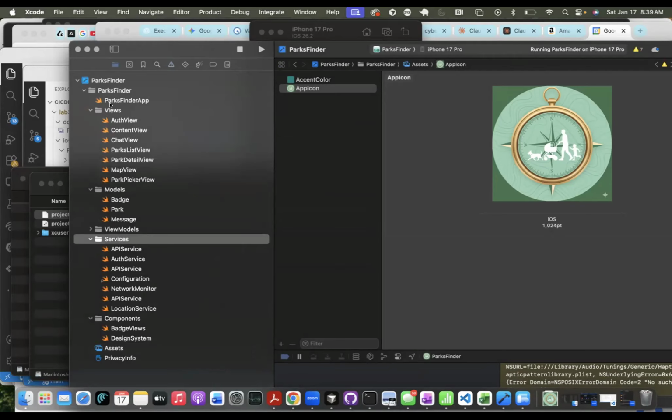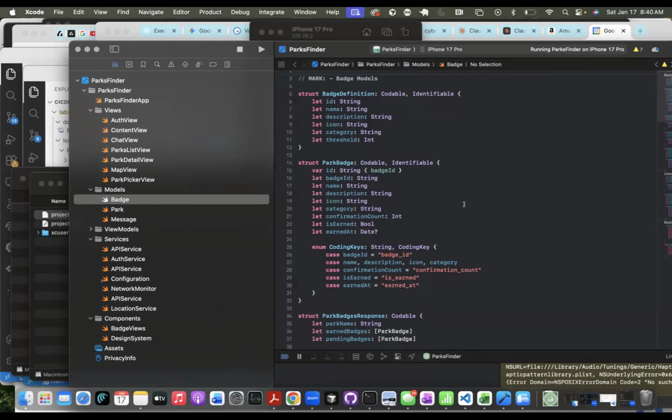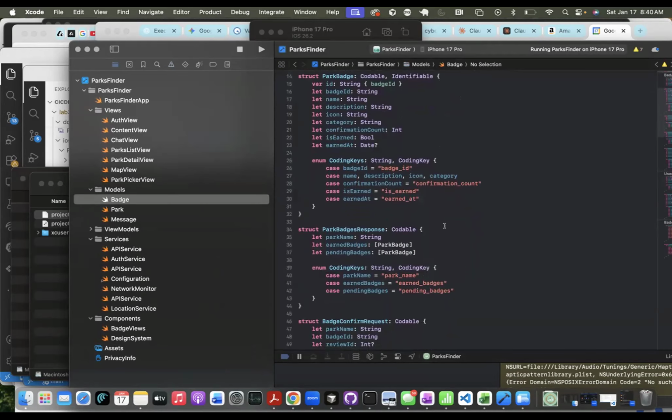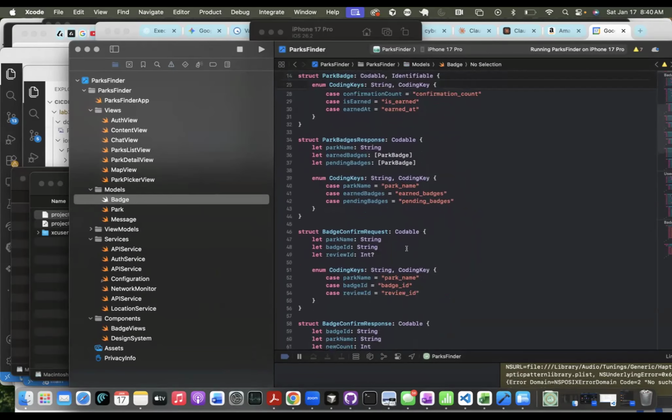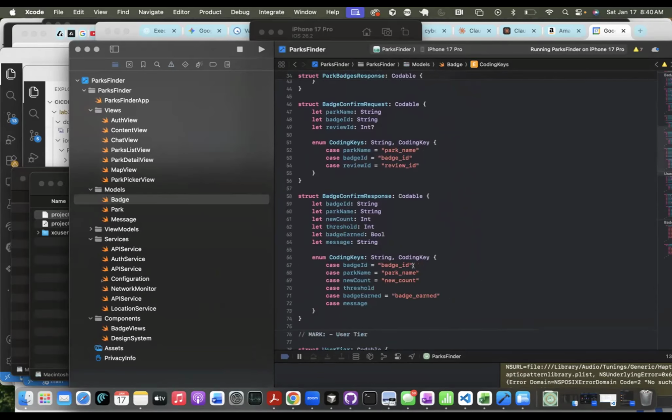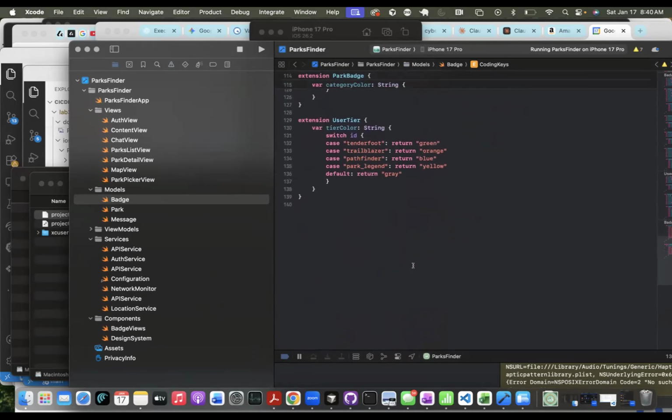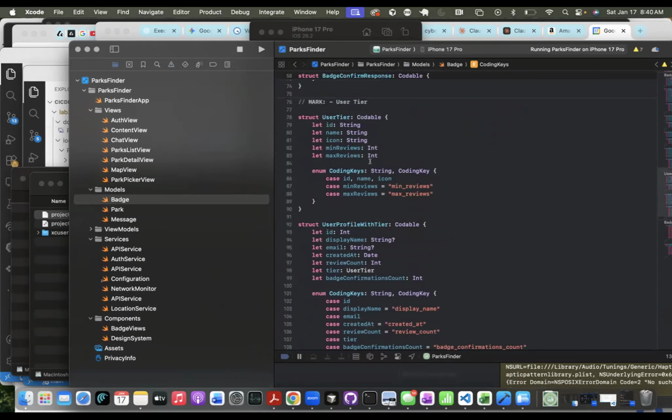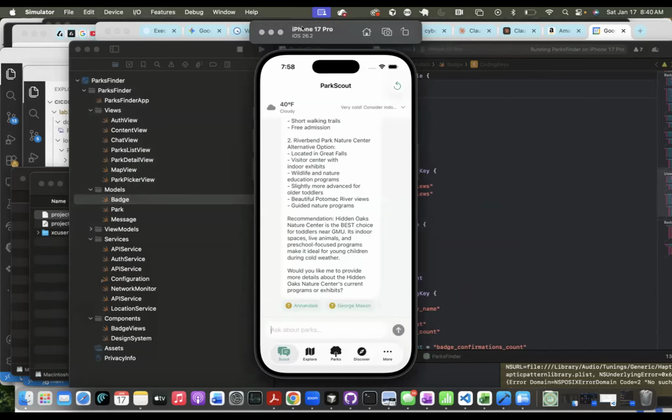I wanted to add different information in the park detail views, so Claude had to create a view file, and then I had to bring it in. When I did the badges, it added some models to add a badge model. You can see the structure of that: coding, earned badges, pending badges, park names, etc. All the different details that would go into adding badges to the different parks. And then I had to hit play, which rebuilds a new version of the app and launches it on your phone.